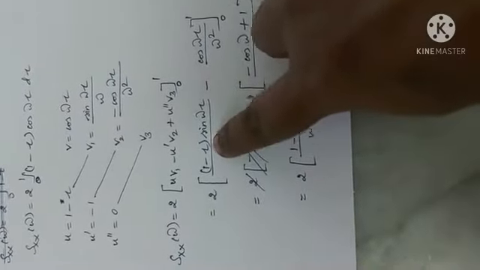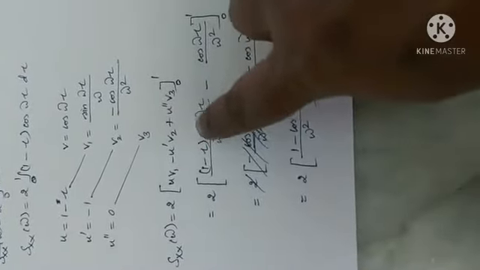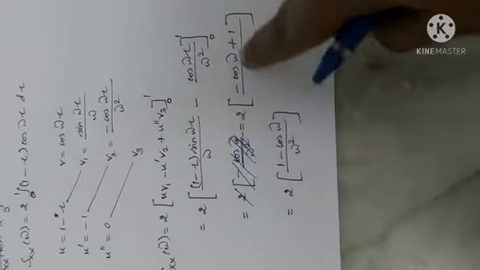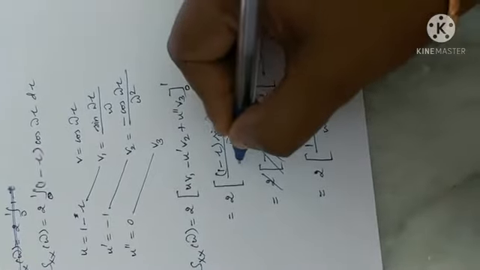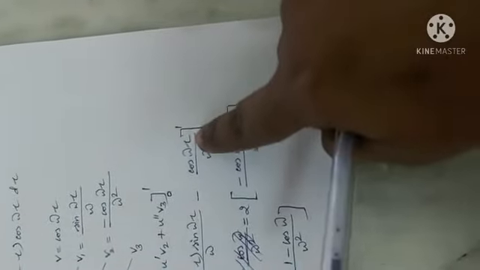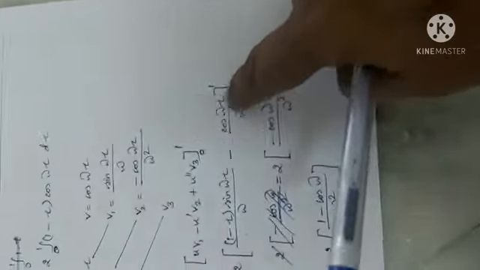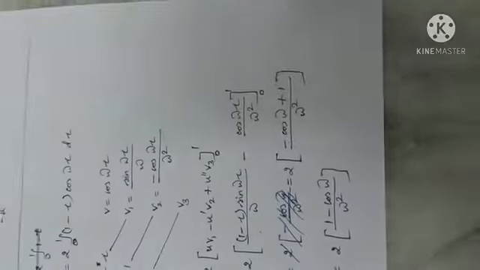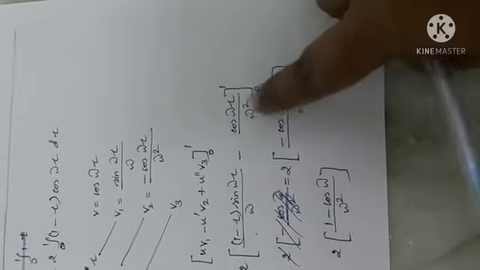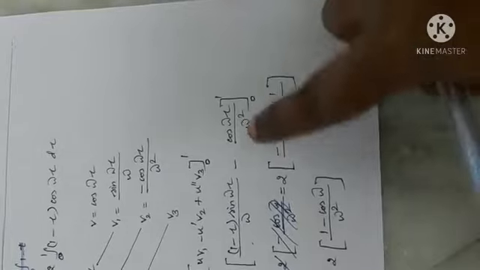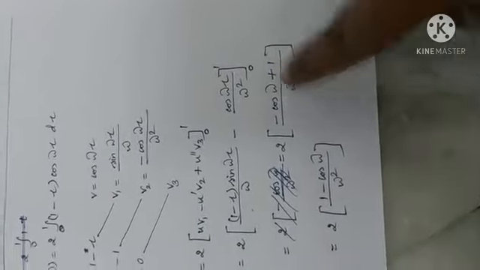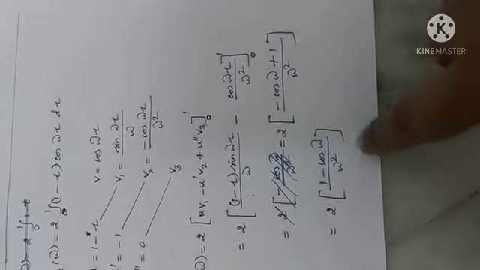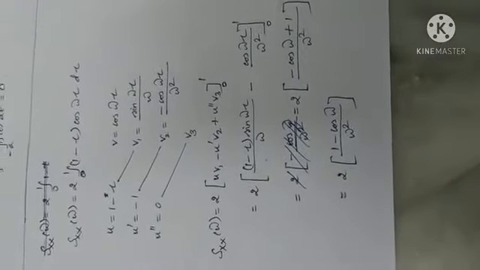When you substitute tau equal to 1, 1 minus 1 is 0, so this term becomes 0. When you substitute the lower limit 0, sin 0 is 0. So this term vanishes for both the upper and lower limits. Hence, when you integrate with respect to tau, you should substitute the limits for tau. It is minus cos omega. Lower limit negative sign, here negative sign, so it is a positive sign. Cos 0 is 1, which can be rewritten as 1 minus cos omega by omega square, which completes this problem.